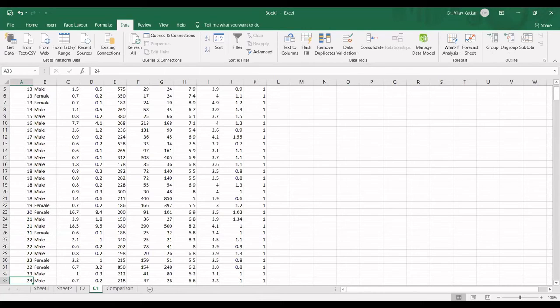Any doubt about this thing? Anyone? So these important findings you have to tell. You need to conclude on this also. It is not only my accuracy is 80%. It does not work in that way. Any question till now? If no, then we can move to the next point.